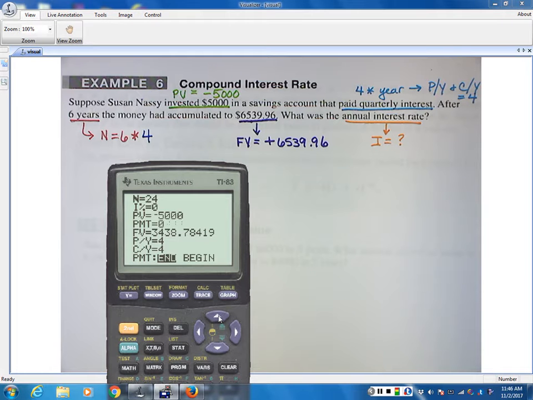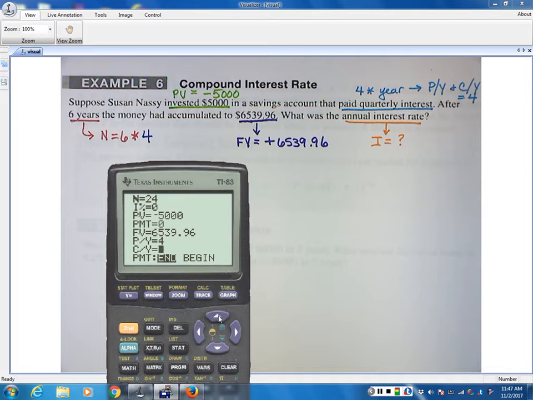Number of payments, again, is going to be 0. She only made that initial deposit. She didn't make any payments. The future value is $6,539.96. Compoundings per year and payments